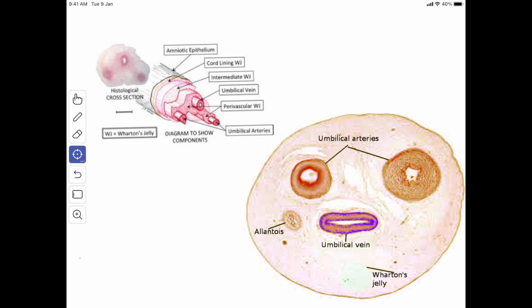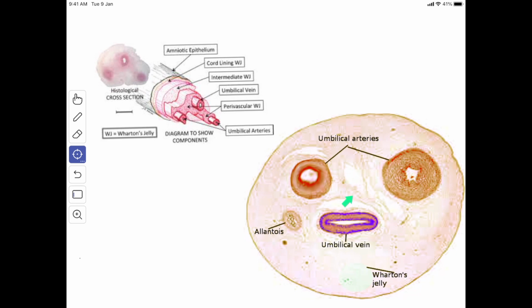After birth, the distal part of each umbilical artery is obliterated and the proximal part remains as the superior vesical artery. The left umbilical vein is fibrosed and it persists as ligamentum teres hepatis.